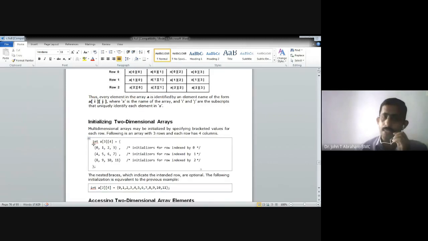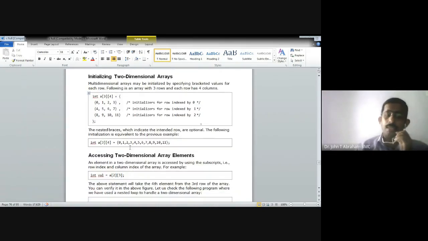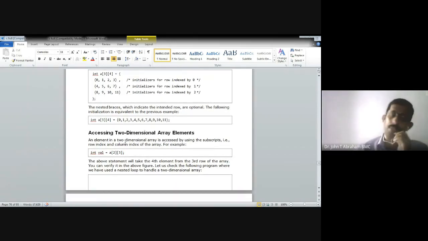That means int a of 3, 4, with 3 rows and 4 columns. Or we can just give all the elements without separate braces, writing all the elements together. That is also possible.